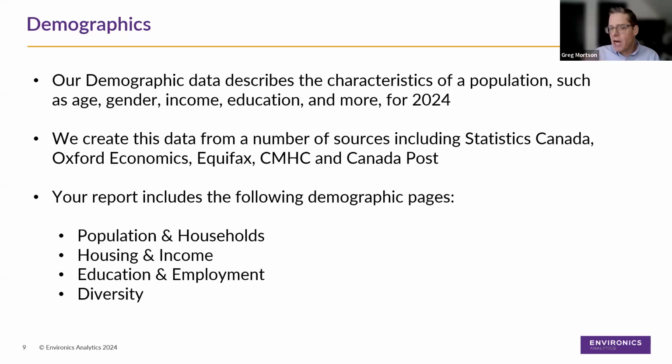So it's a really great opportunity too. I mean, you could go to the census website and look at what a lot of this demographic information was for 2021. But what you're provided with is what it is estimated to be for the current year. The demographic categories we have here are information about the population and households. You'll see an example of that in a moment. Housing types and income categories for households and population within the area, education and employment levels, as well as diversity. So you'll see all those different elements that describe the population and the households within your specific trade area.